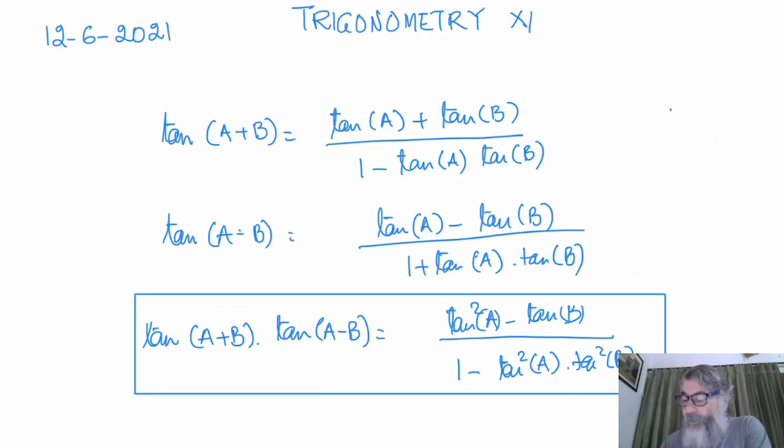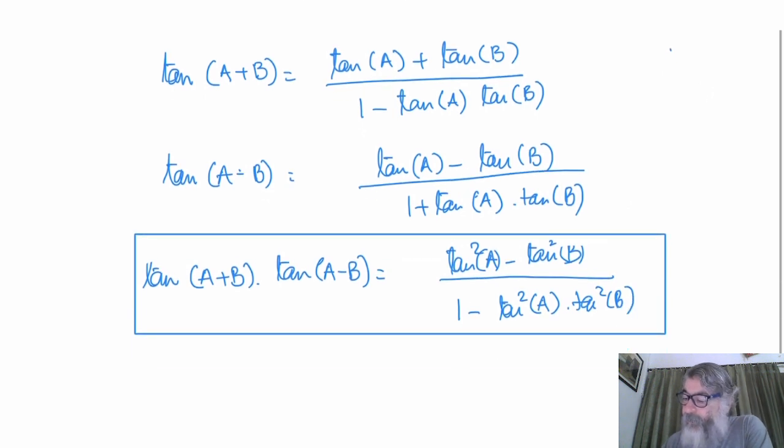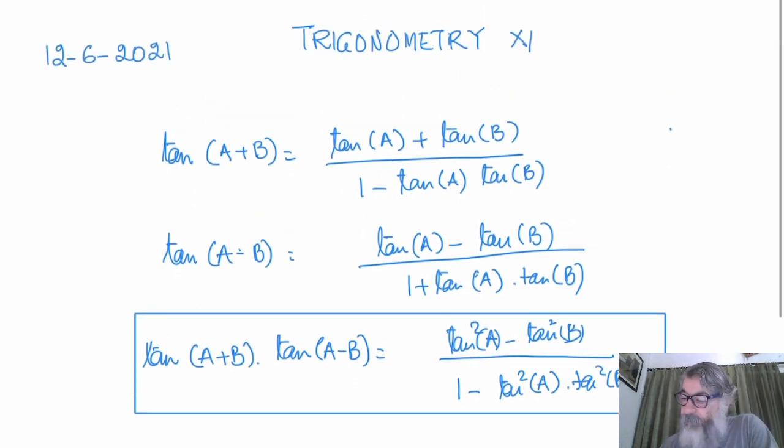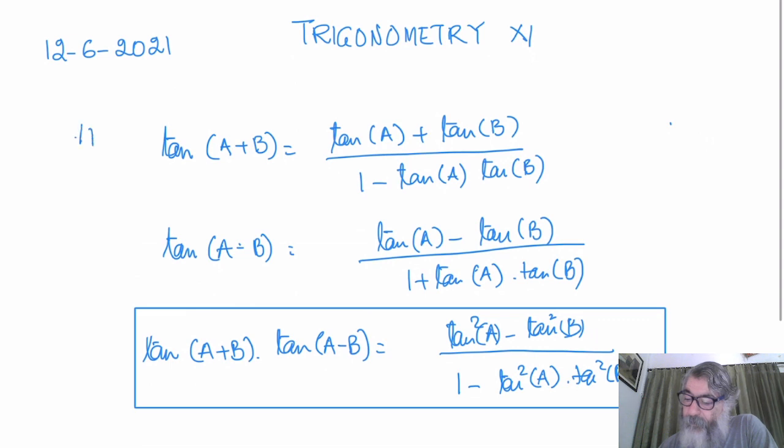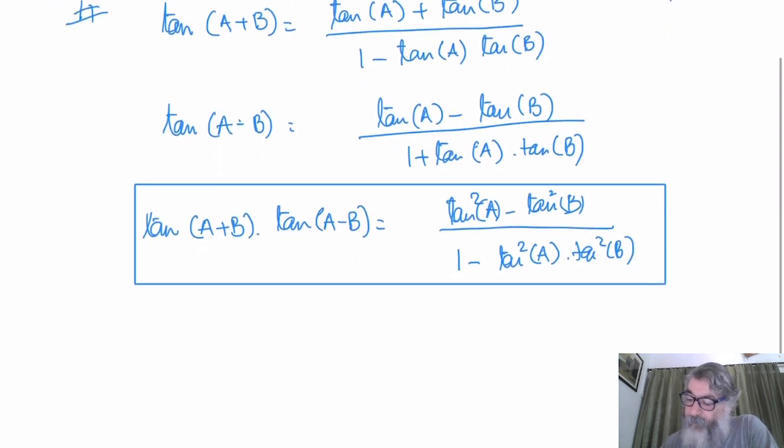Tan(A+B) into tan(A−B) is tan square A minus tan square B upon 1 minus tan square A tan square B. Okay, one more formula I have to discuss with you. Now next is